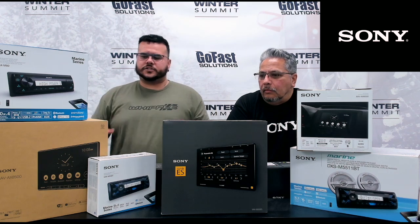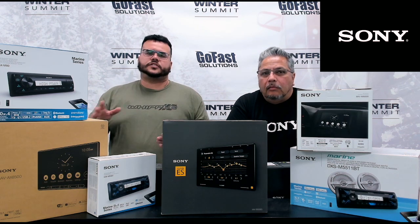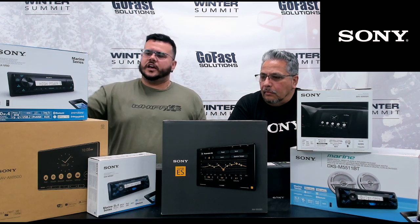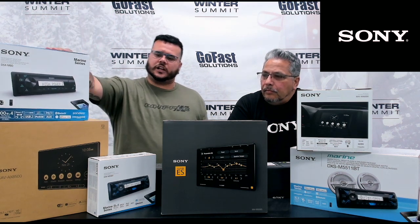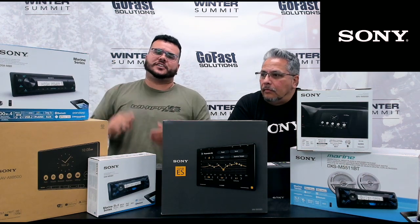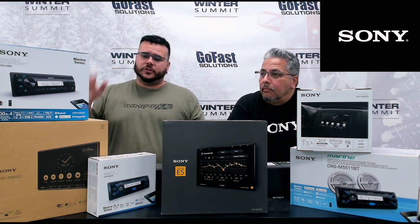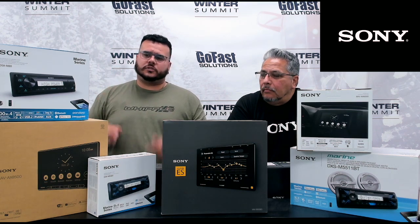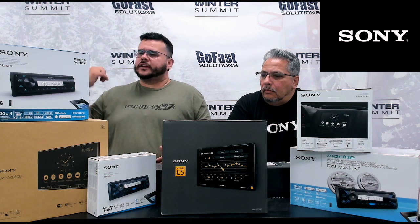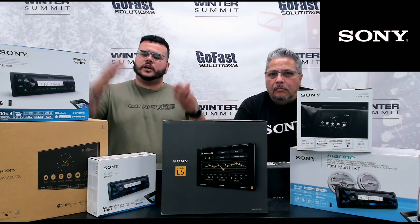And with a brand like Sony, you have a winning brand in your barns. Sony does a bunch of different things. They make speakers, amps, and also head units. They also make marine head units, which a lot of you guys are very familiar with. Not only do they make marine head units, this head unit in particular has an amplifier built into it, a 50x4 RMS amplifier, which does 100 watts max per channel. So if you're working on a boat, the guy wants to add 4 speakers, he really wants to add an amplifier, and you really don't have a lot of room for it, take a look at this head